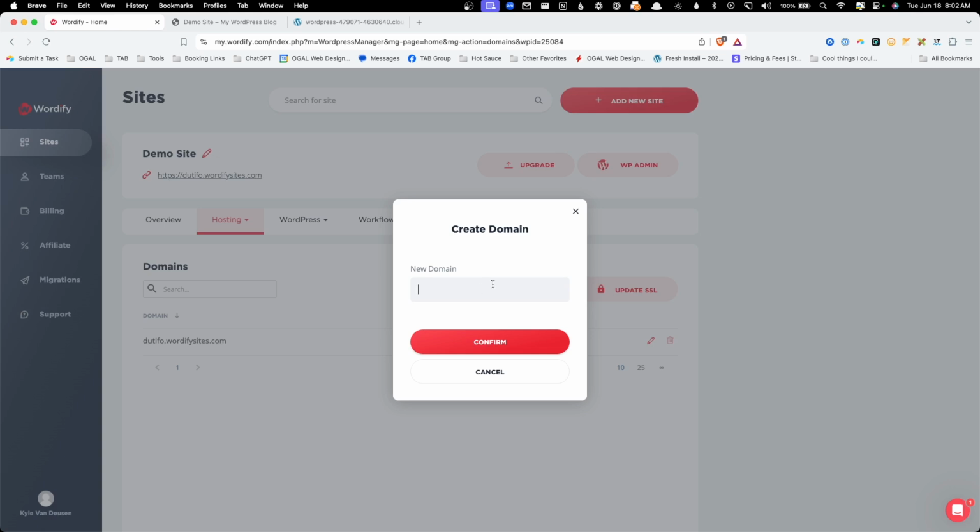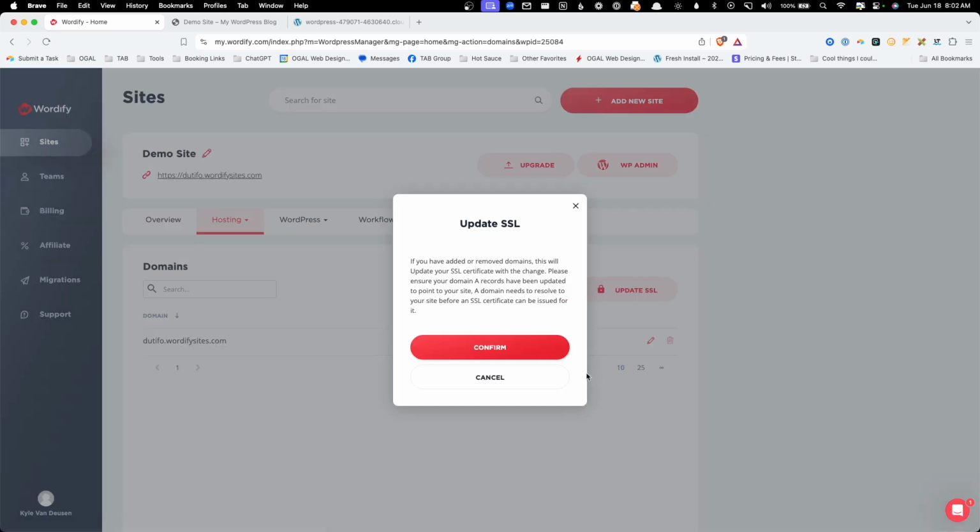I don't have a domain for us to demo, but I have gone through this process before. You add the domain, press confirm, and then you select which domain you want to be your primary domain. It's actually really simple to do. You can also update your SSL, so if you need to renew that SSL, you can do that right here